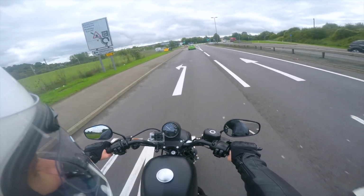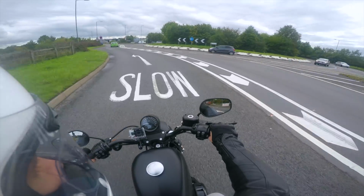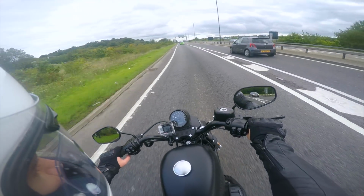The 883 Iron has always been my favourite in the range because it's not particularly showy. There's not a lot of chrome on it, it's not particularly oversized, it's not particularly too loud either. It's probably one of the most practical bikes in the range. However,